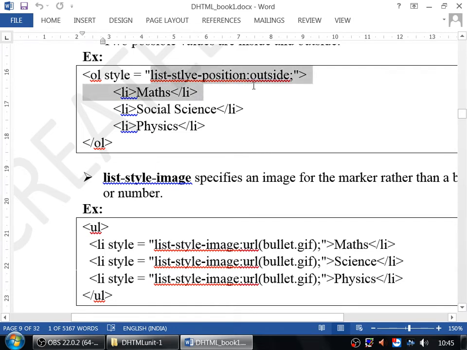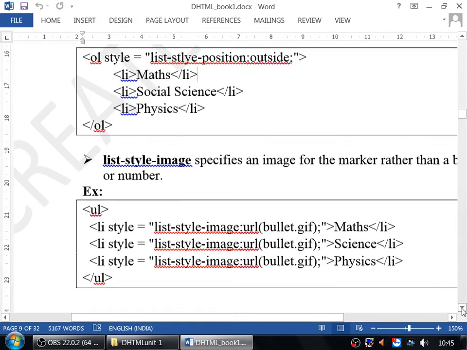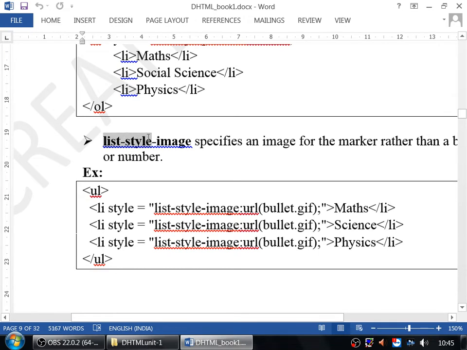Right, so you have to use the property like this: list-style-position: outside. Next we have list-style-image. The word image is used here, that means you can create a bullet with your own image.